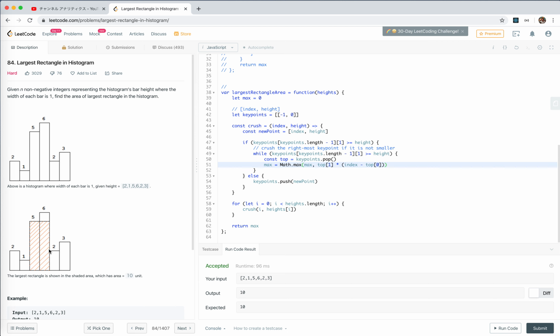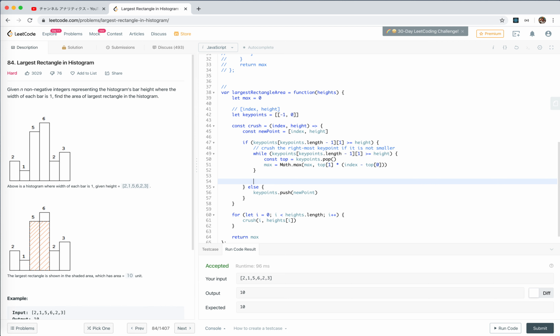When we remove it, it means the index of the new point will move here, right? No, we will continue to crush until the while loop is done. So we will finally meet the point here. We find 1, right? Which means the while loop will not continue. So at that time, the new point is updated to 0 equals